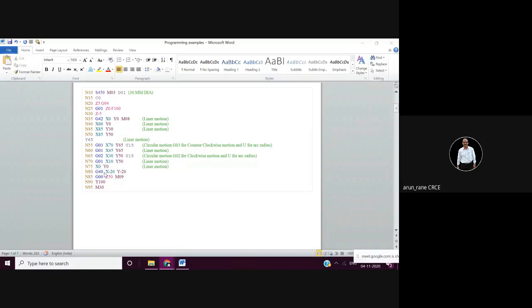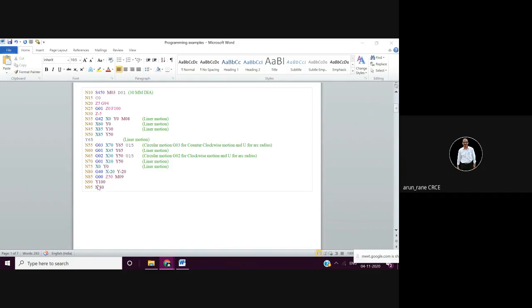And you need to cancel the offset that you have given, with G40. G40 is nothing but the cancellation of the offset, and it will come to the original start point, -20, and from here you can lift it rapidly. So G00 Z50, and then M09 is nothing but the coolant stop.